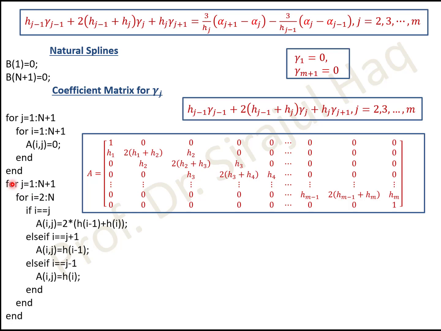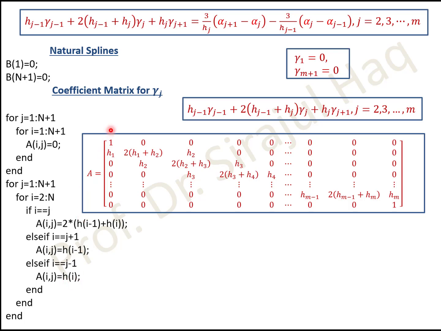Now what you did so far, you computed these values except the first row and the last row. So now if you look at this condition, exactly it matches with this one. The main diagonal, below the main diagonal, this is j plus 1, which you can see over here, and above the main diagonal, this is hj, which you can see over here. But remember, I used j for column and used i for row.